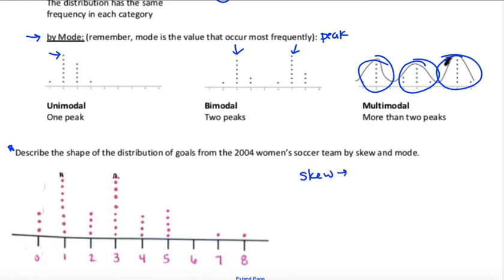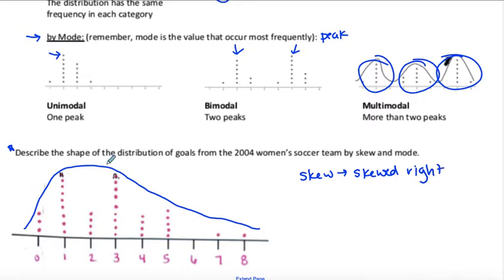So by skew, we would describe this overall as likely skewed right. There's more goals at the lower end and it's stretching out to the right to get to that 8. As far as mode, okay, this would maybe be, I would even come down and go back up where we